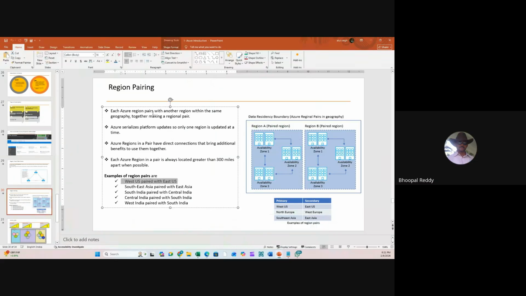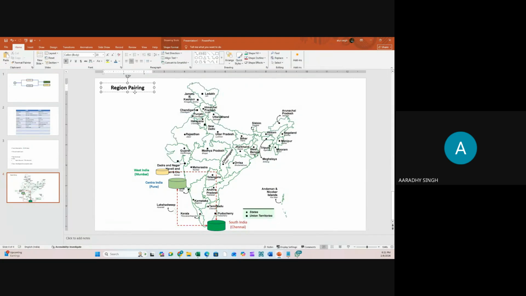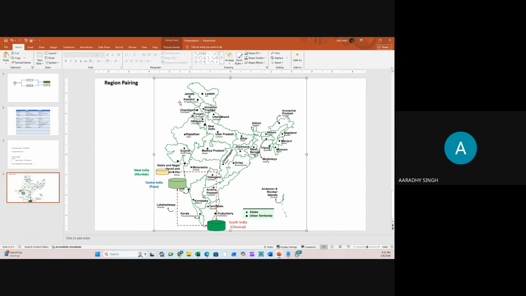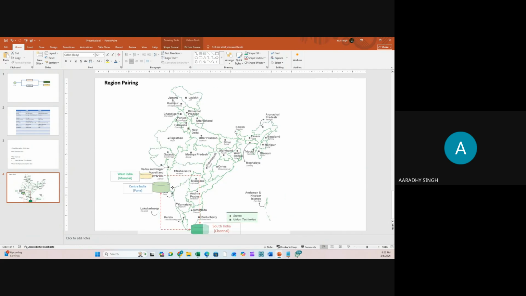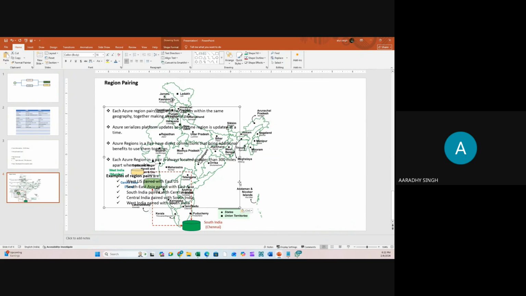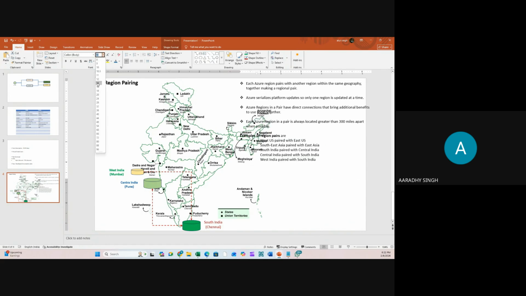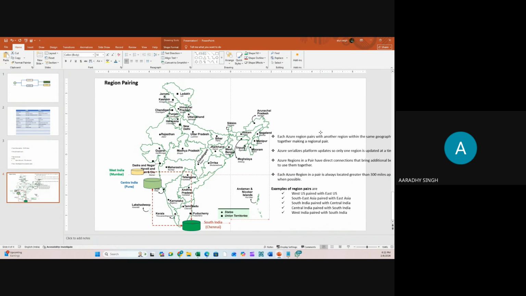So you said there are two types of data centers, horizontal and vertical, right? Correct. What is the difference? There are two types of data centers available: horizontal as well as vertical. In a horizontal data center, mostly there will be a single floor or two floors, and there will be multiple buildings. In case of vertical, there will be multiple data centers in the same building. For example, in Mumbai, getting enough land is not so easy. So in such cities or locations, Microsoft is using vertical data centers, where everything is available vertically within a building.